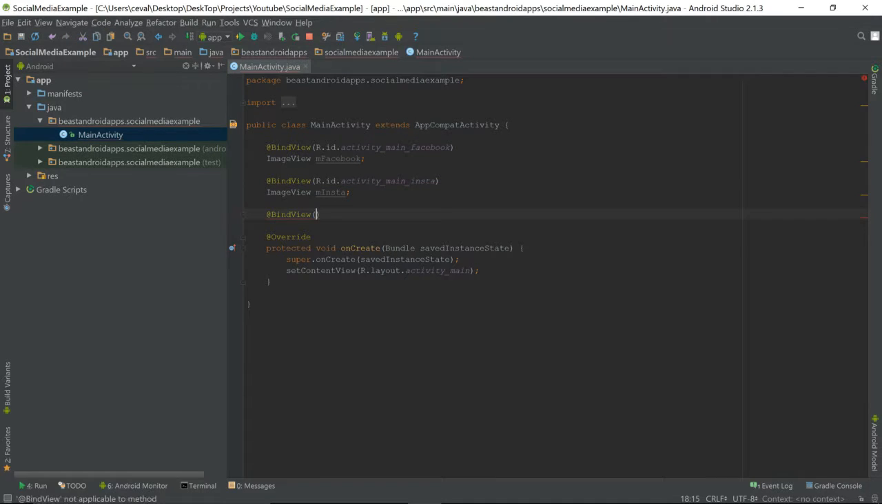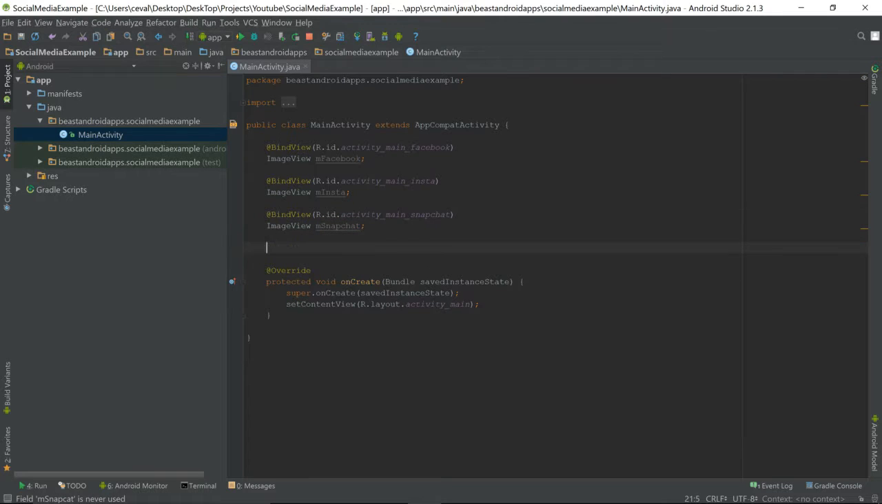At bind view, R.id.activity main, let's do Snapchat now. Image view and snap. I'm going to spell it out, Snapchat. Alright, just one more, guys. At bind view, I keep doing that one for some reason. At bind view, R.id.activity